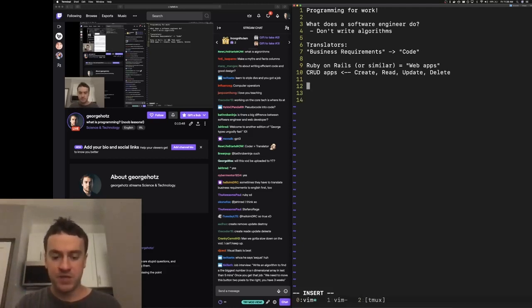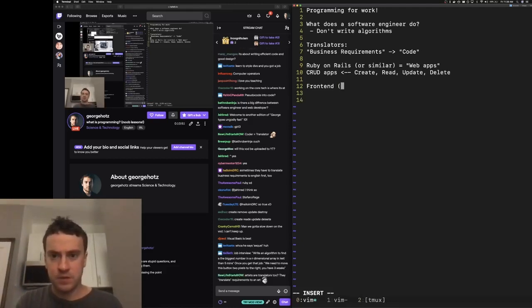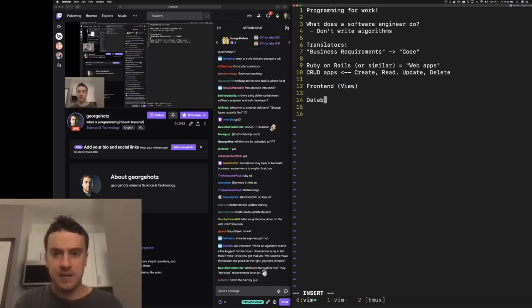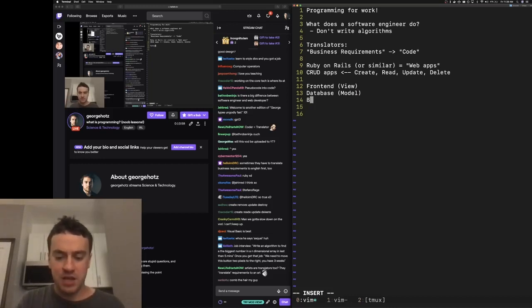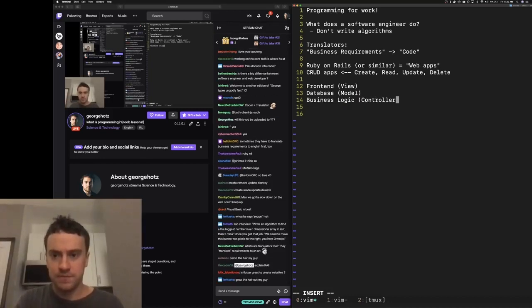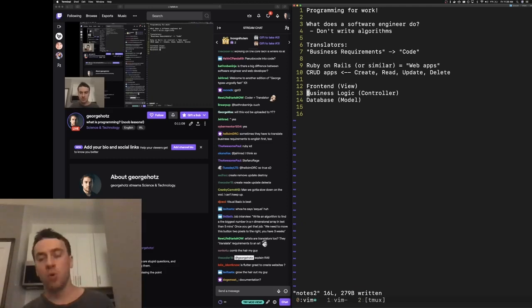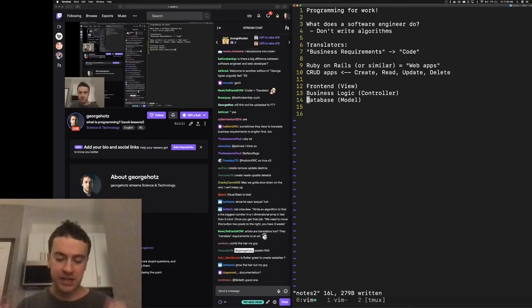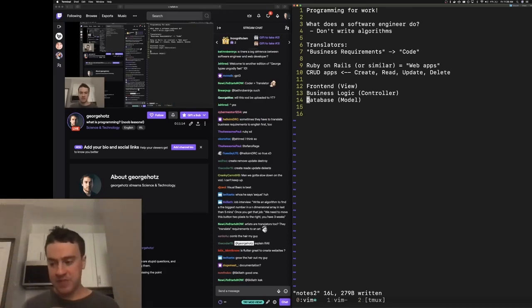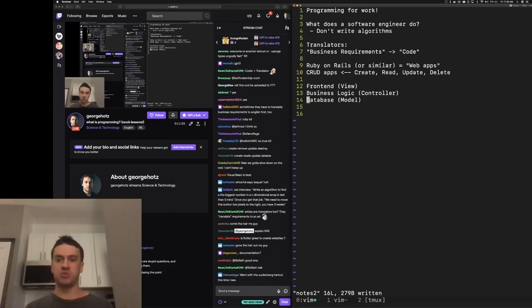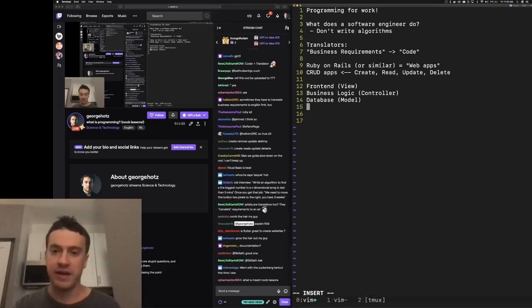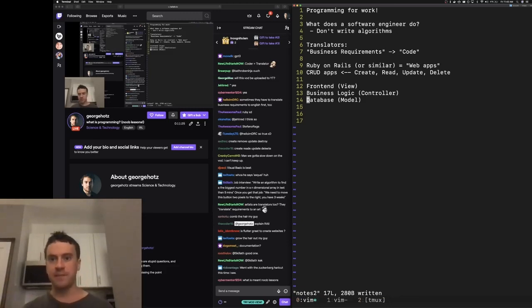There's some front end, the view, there's some database, which is the model, and then there's the business logic, which is the controller. Right. So let's say the front end is, let's go back to that. I want to build a portal where my customers can add their phone number such that we'll be able to call them. They have to be able to update their phone number due to GDPR. They have to be able to delete their profile. You can see how it translates to this, right?